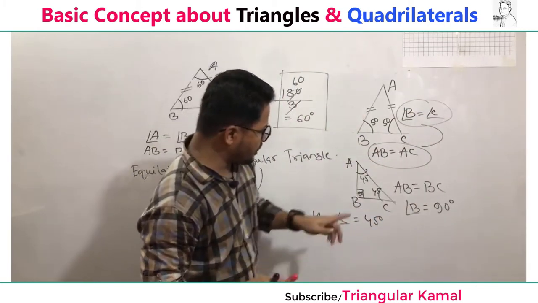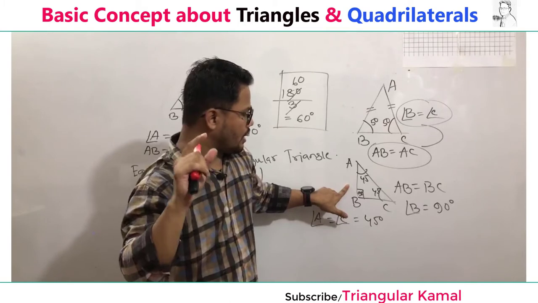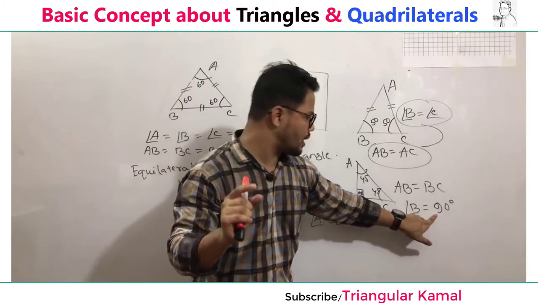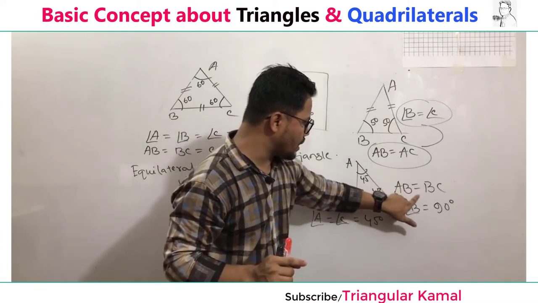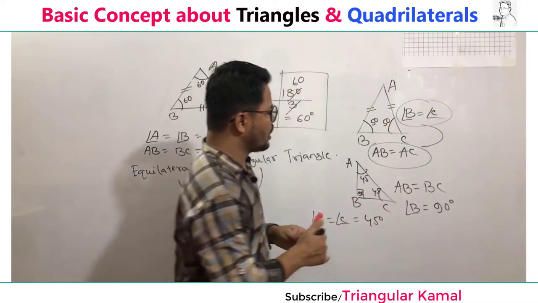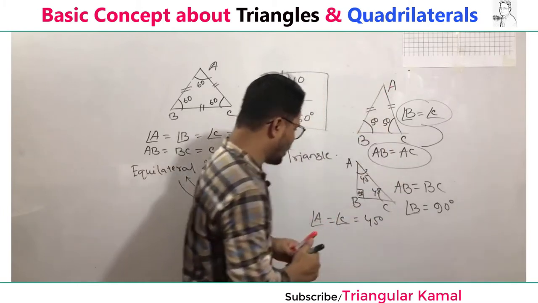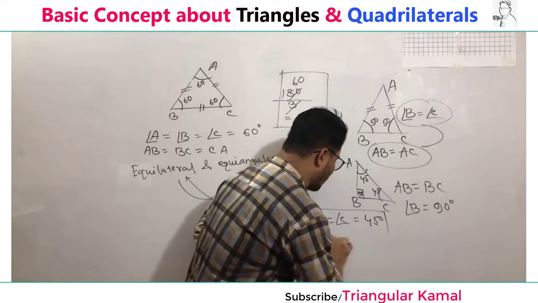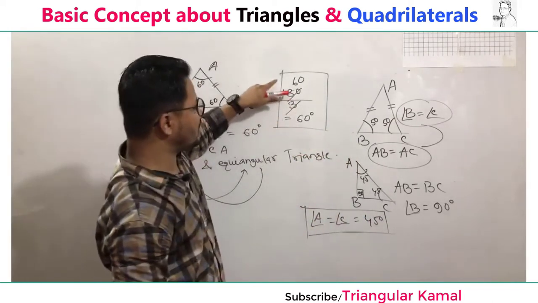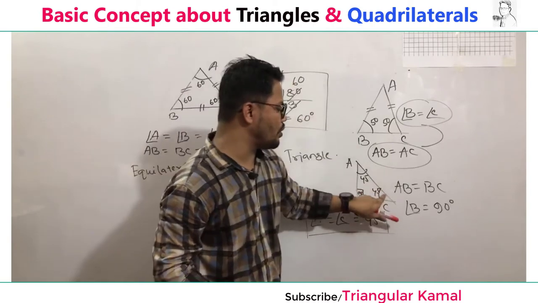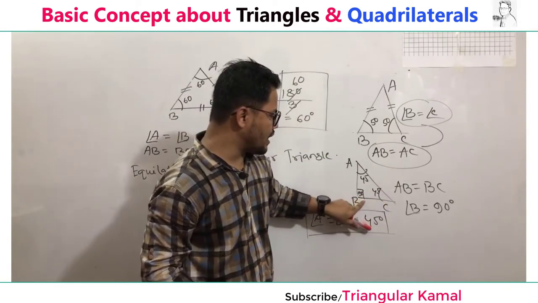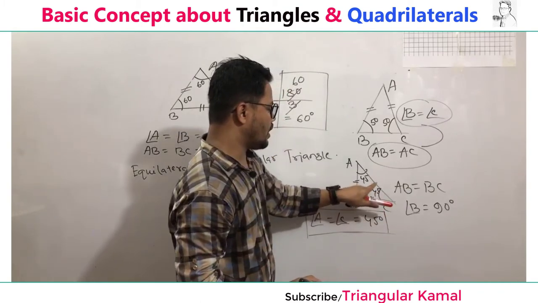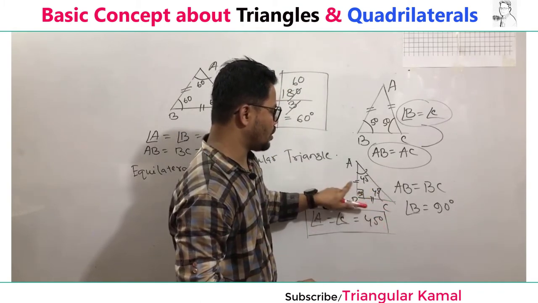And here we see a right angle and isosceles triangle. One angle mentioned here is a right angle and the other two sides are equal. So according to this previous formula, we can say each angle will be 45 degrees, because in the fundamental theorem the sum of three angles will be 180 degrees. So if angle B equals 90 degrees and the other two sides are also equal, this adjacent side and perpendicular,